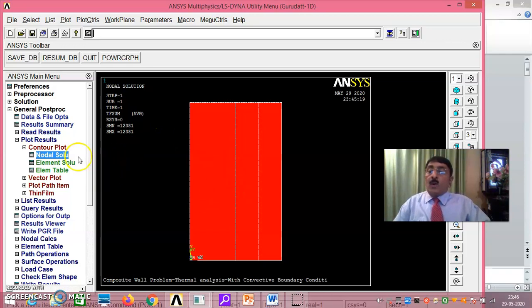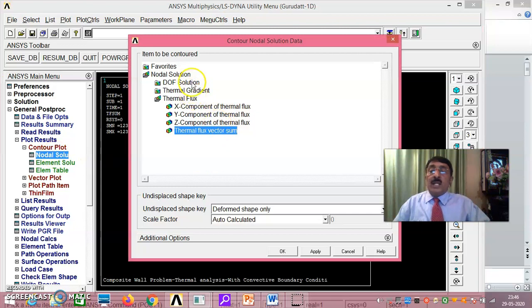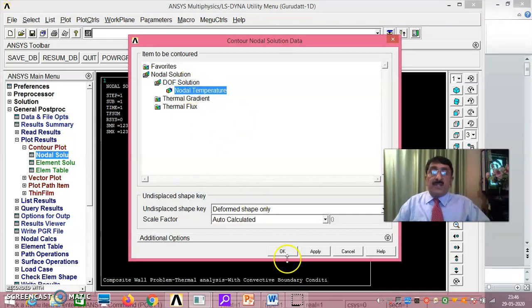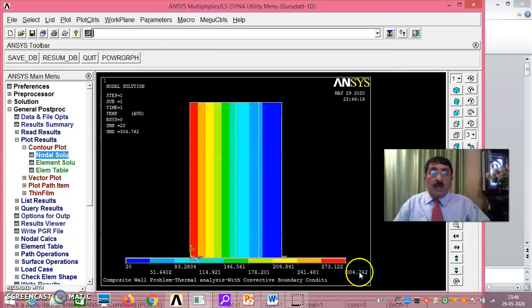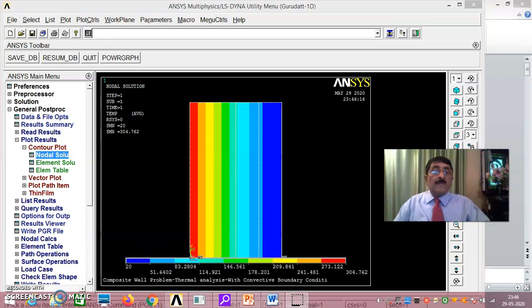Now I'll redo this. See here: contour plot, nodal solution, DOF solution, nodal temperature. Now you see here, this is TS or T1, that is 304.762, you already know. We want to see T2 and T3. T4 is this, or T0, this is 20 degrees. He clearly says blue is 20. But at least this and this have to be verified now. For that, what I'll do now,